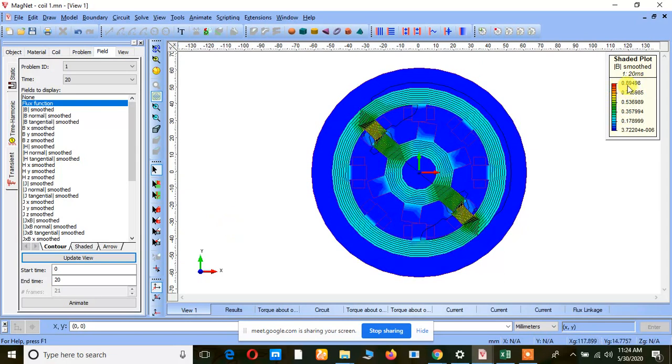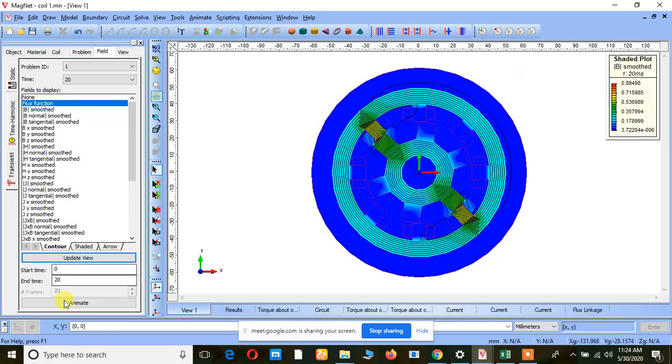Now see the maximum value of flux density obtained here in case of transient is only 0.8. That means we can increase the value of the current in amperes much more, or we can go for an increase in the number of turns. If you go for an increase in number of turns, that deals with the mechanical space available for the winding. So better increase the amperes, right? But not to the maximum extent. Concentrate on the flux density. If flux density is reaching nearly 1 in case of transient, just stop increasing the current value, right?